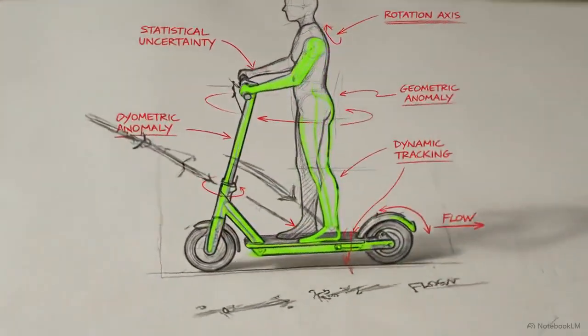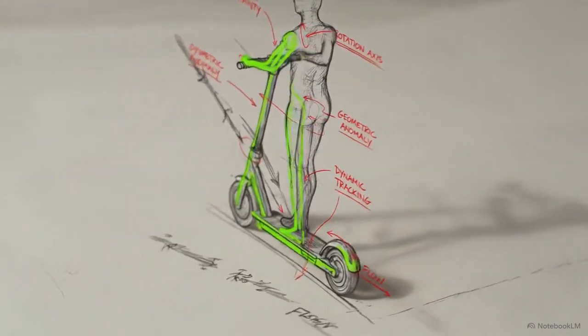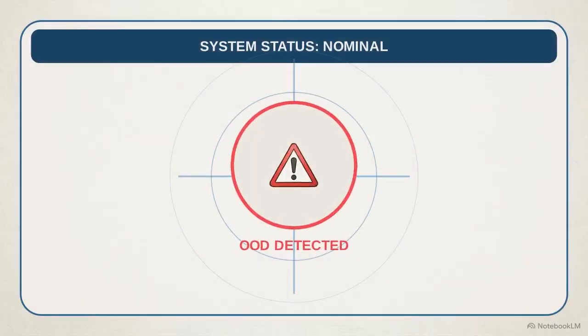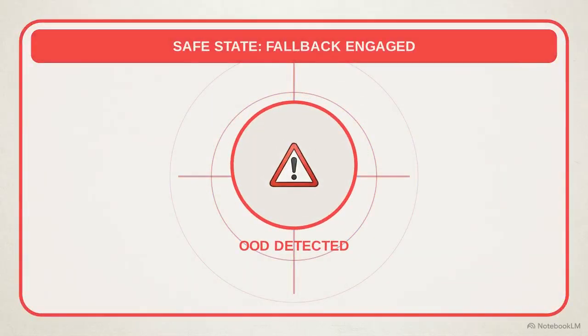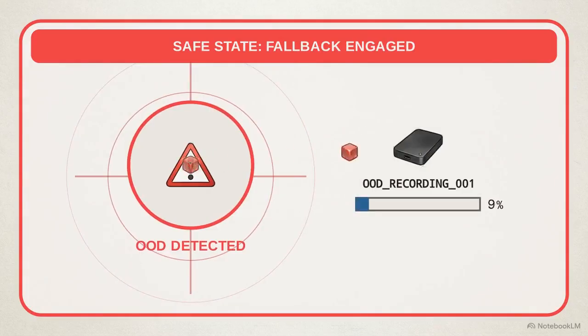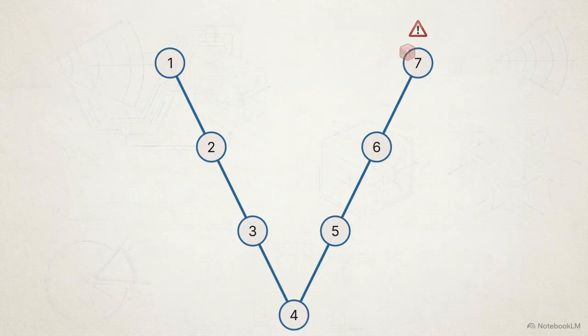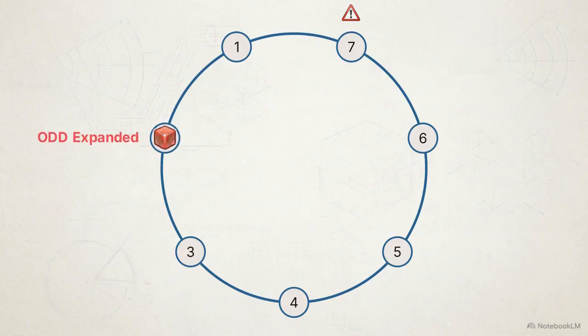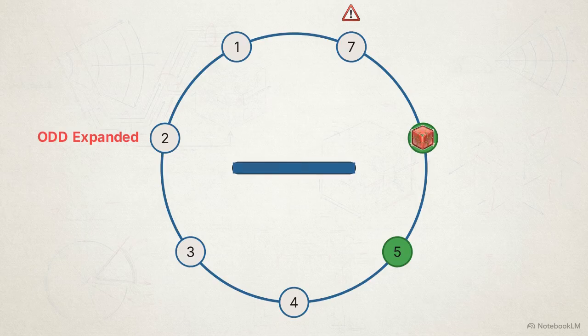The neural network was not trained on this specific geometric signature, leading to high statistical uncertainty. When the system detects this uncertainty, it must trigger a functional safety fallback mechanism and capture the OOD sensor data for analysis. This captured field anomaly bends the V model into a circle. The data packet is routed back to Step 1 to update labeling guidelines and expand the operational design domain. The model is retrained with the new e-scooter data, passes through the V&V process again, and is deployed to the fleet via an over-the-air update.